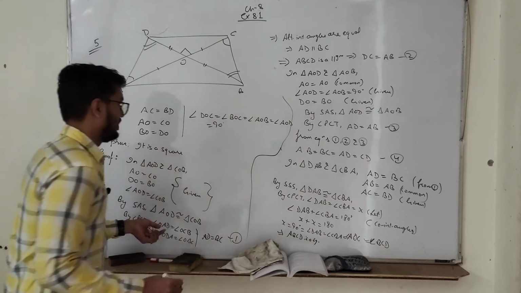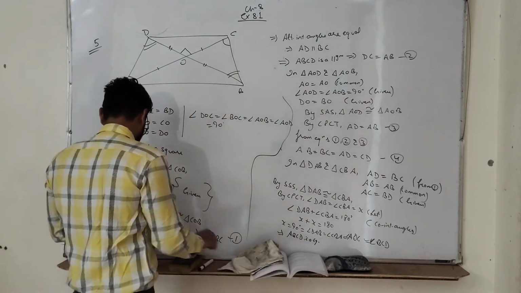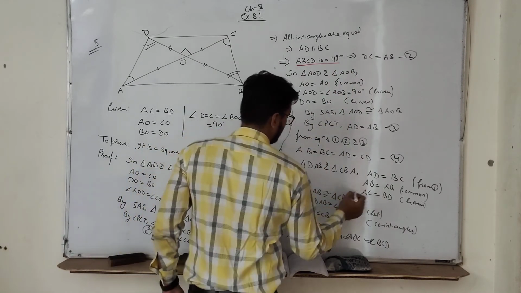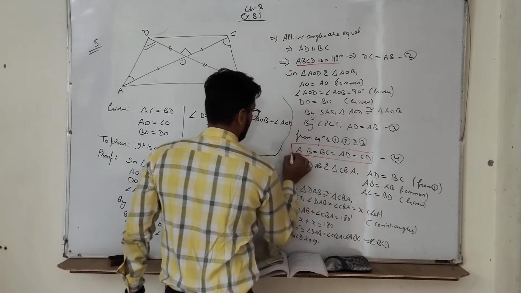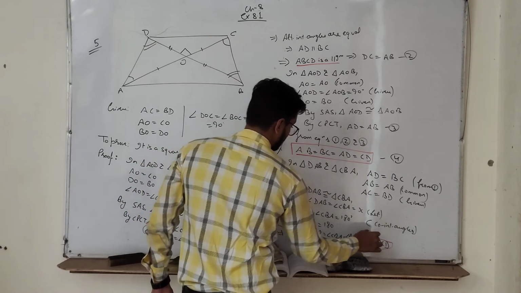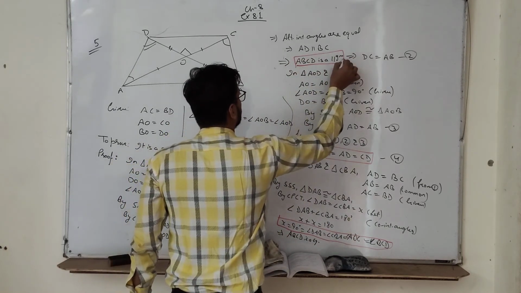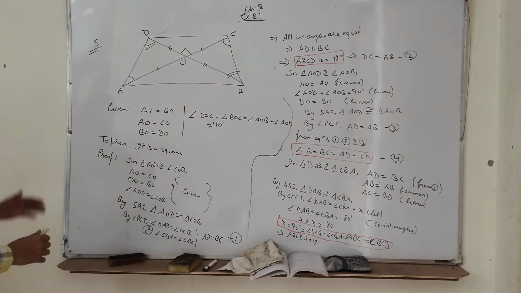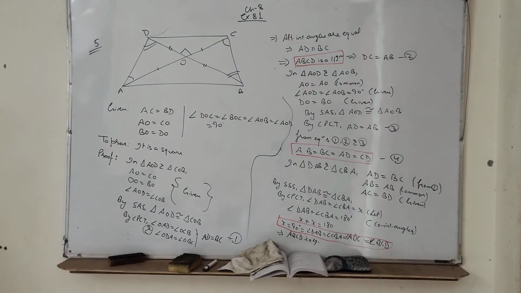Right? Because this is a parallelogram. Firstly, we proved this. Secondly, we made all four sides equal. And thirdly, all four angles equal to 90 degrees. So using all these three, we can say ABCD is a square. So this is all about question number 5. Just pause the video and note down.